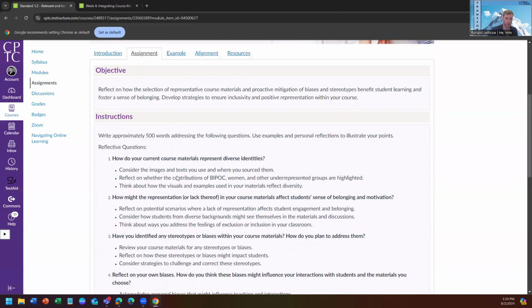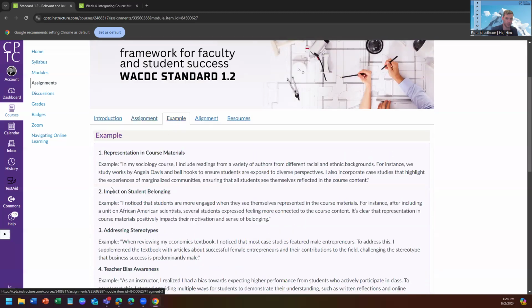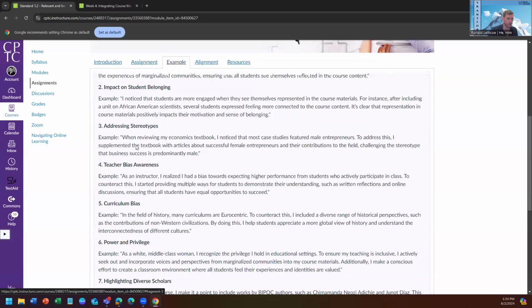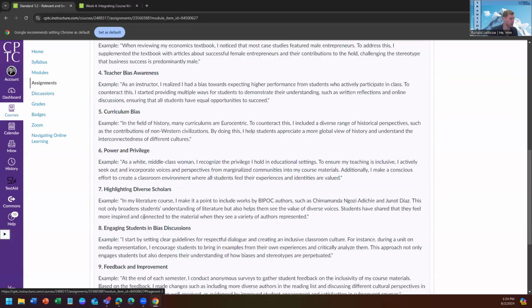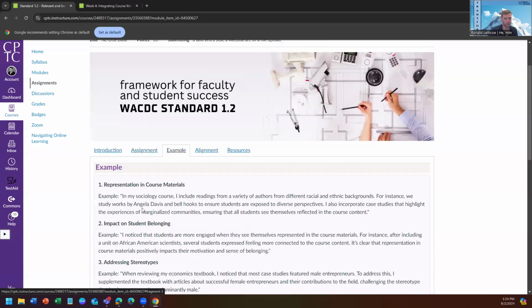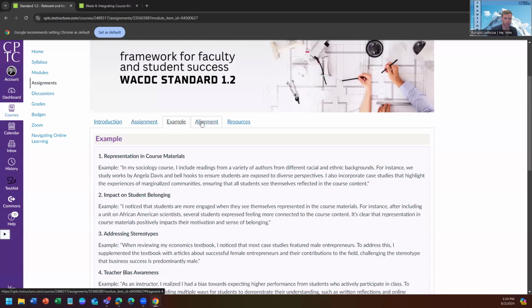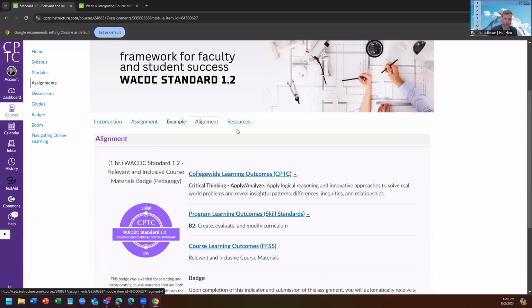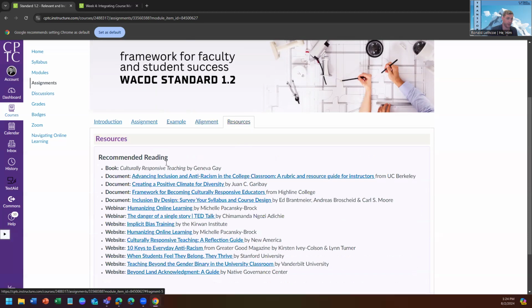Okay, so we'll look at those in a minute. There's an examples page if y'all are stuck and don't know how to answer the question. Maybe you know what the answer is, but you don't know how to answer it. There's some examples there. One more time with the alignment. And then there is a lot of reading here. This is all the evidence that is supporting